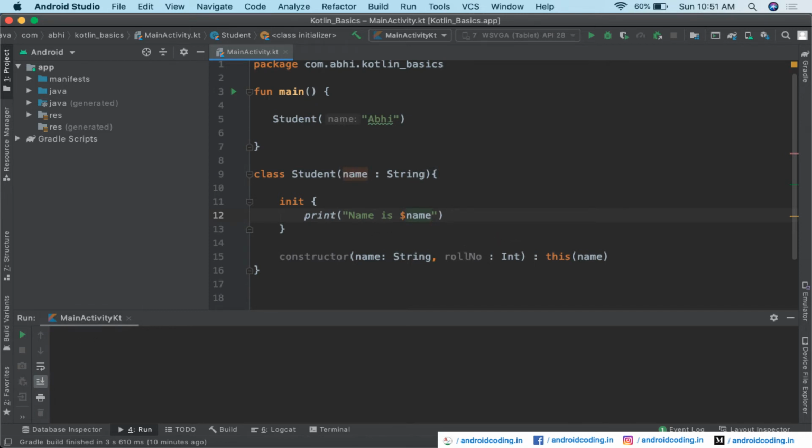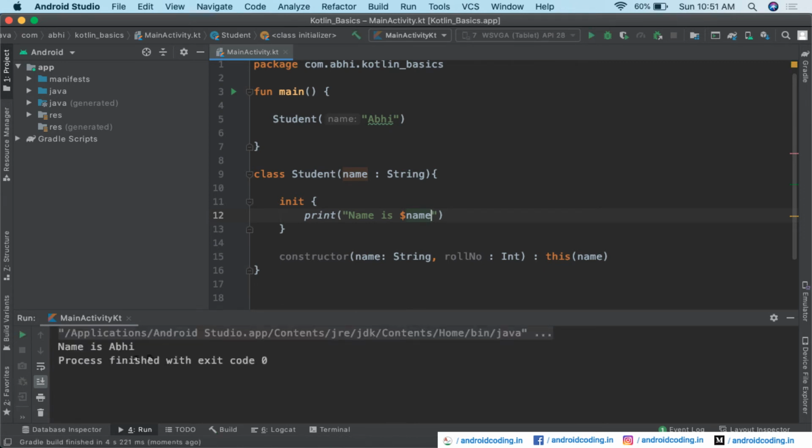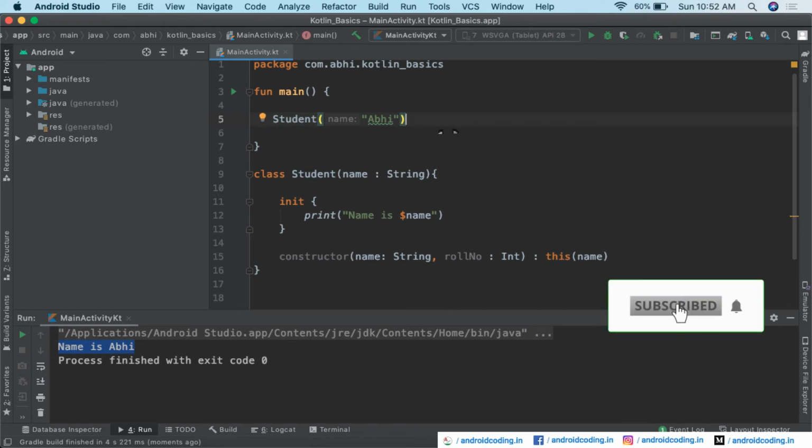Now let us run this code and see the output. Here the name is printed. This name we are passing while creating the object in our main method.